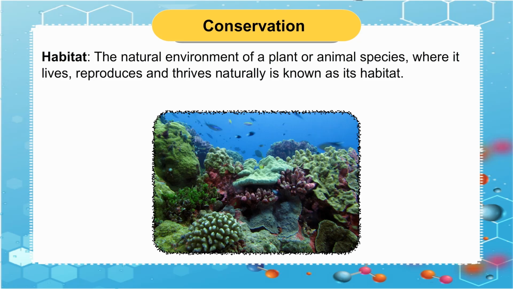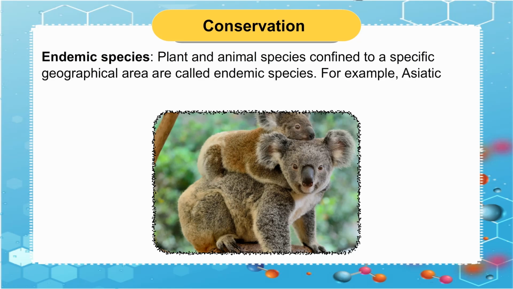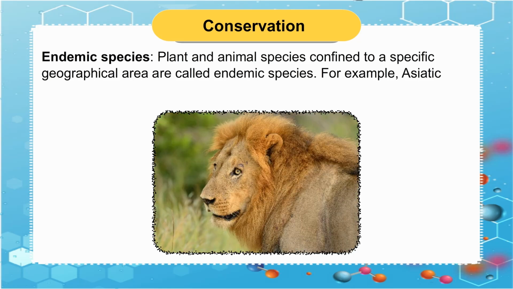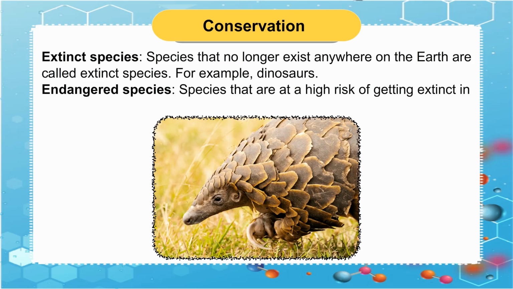its habitat. Endemic species, plant and animal species, confined to a specific geographical area, are called endemic species. For example, Asiatic lions are endemic to Gir National Park in Gujarat. Extinct species, species that no longer exist anywhere on the earth are called extinct species. For example, dinosaurs. Endangered species, species that are at a high risk of getting extinct in their habitat are called